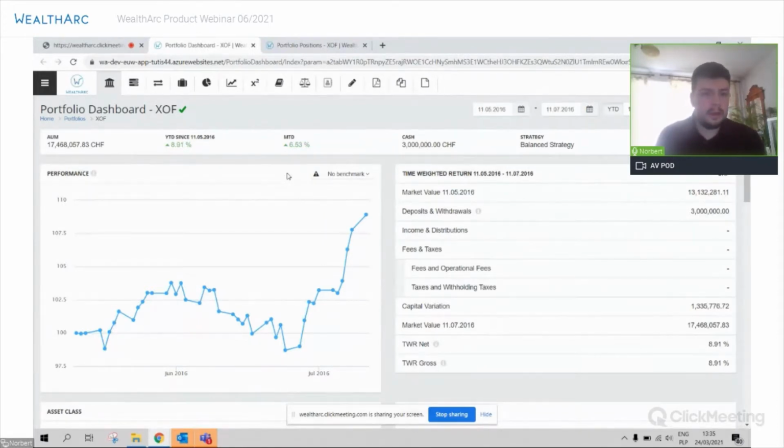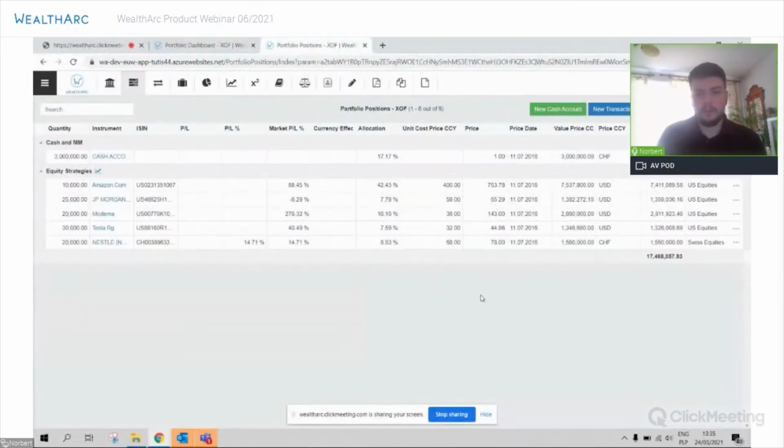And here is one of the example portfolios that we have for this presentation. Now I can move to positions of this portfolio. And here, as you can see, I have a few instruments already in place. And what we'll do now is simply try to get some additional info and some additional details on those instruments, thanks to this new feature, which is integration with Refinitiv.